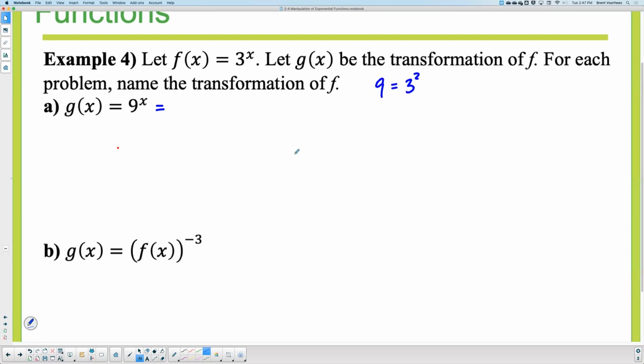3. 3 squared. What I'm going to do is rewrite this as 3 squared to the power of x. Now, so far, I haven't done anything crazy. I just changed 9. I changed the base to 3 squared. But this right here is a property. What property is this? When you have a power raised to a power. Power property. With the power property, what does it tell you you can do if you have a power raised to another power? You multiply. So I could say this is 3 to the power of